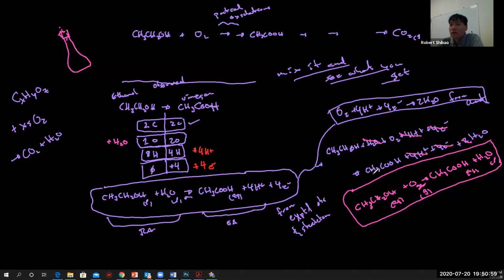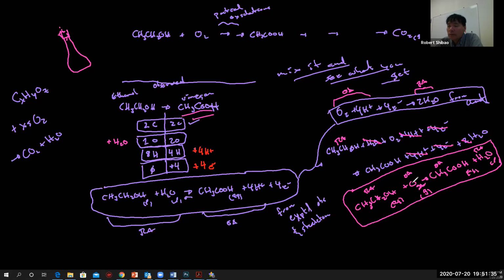There's a driving force here, because I did taste the vinegar, so something had to happen. And so here, the ethanol is our reducing agent. This is our reducing agent here. And we have a conjugate. This would be our oxidizing agent here, the oxygen. This would be our conjugate reducing agent here. And so the ethanol here is our reducing agent. The oxidizing agent is oxygen, and then it goes to acetic acid. Acetic acid would be our conjugate oxidizing agent, and water would be our conjugate reducing agent.